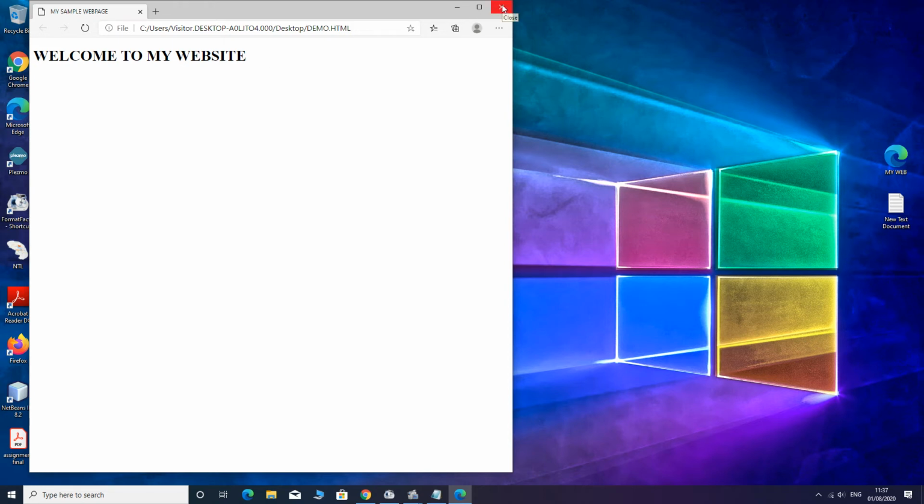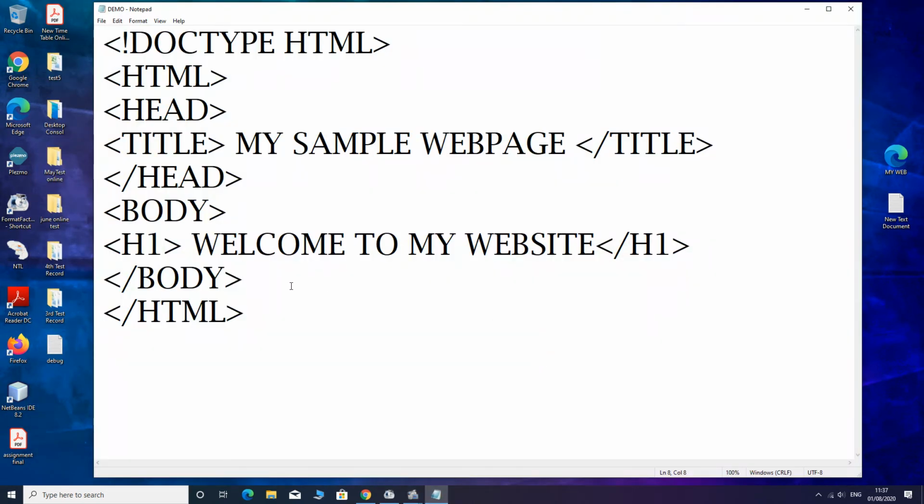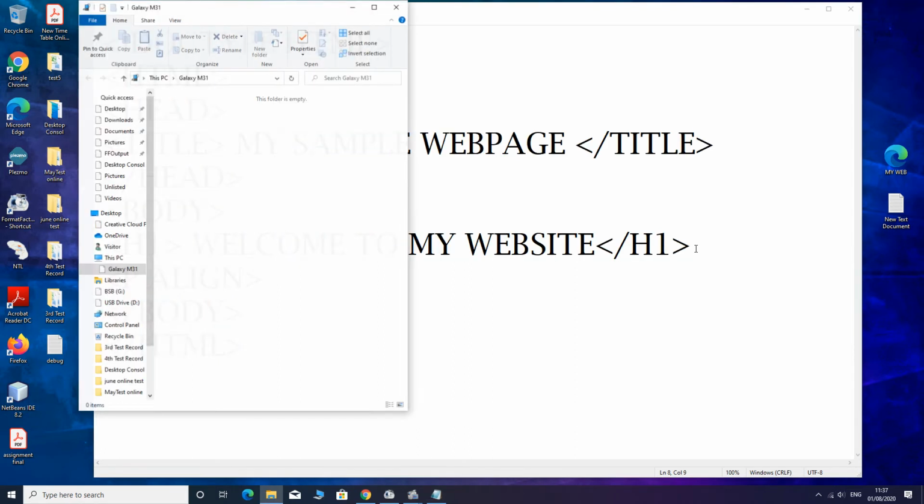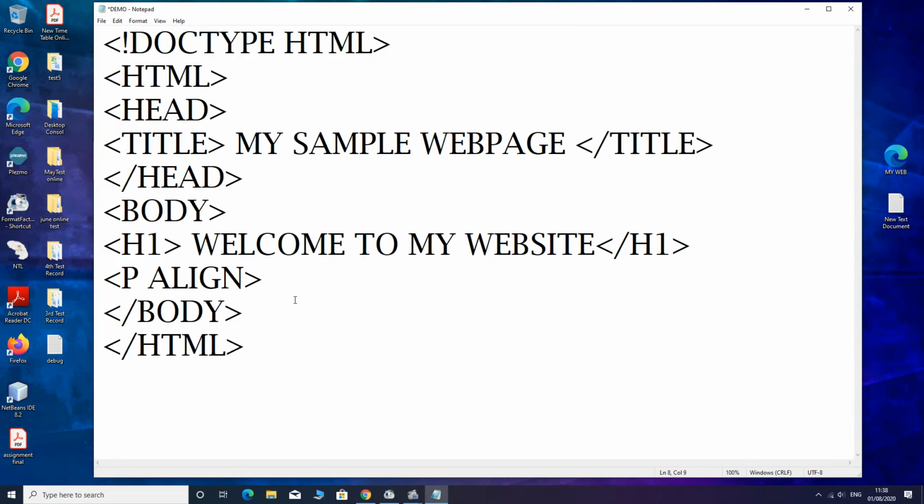Next, we will write the paragraph. Paragraph, we will align the text. We will use align attribute. Align equal to double inverted comma.